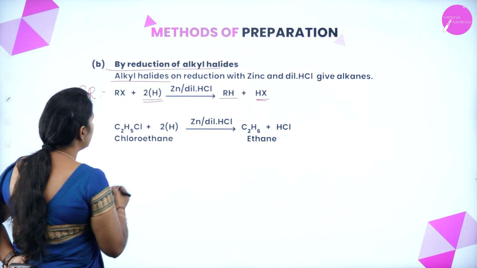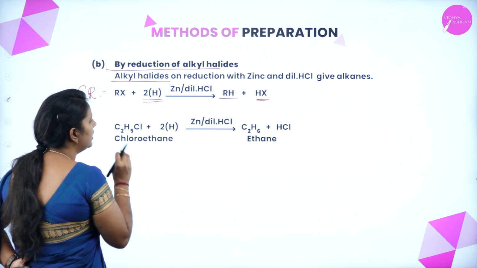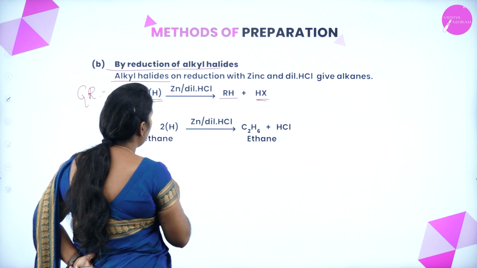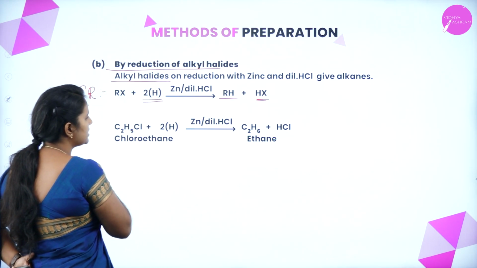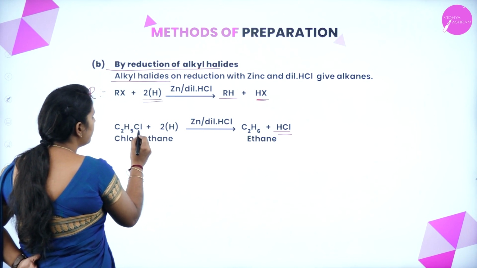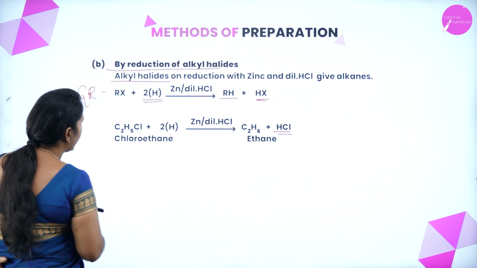The best example is chloroethane, which undergoes reduction in presence of zinc metal supported with the dilute HCl. So, one of the hydrogens will attack here and form ethane, and the remaining H combines with the Cl and forms HCl. One more example I can write is